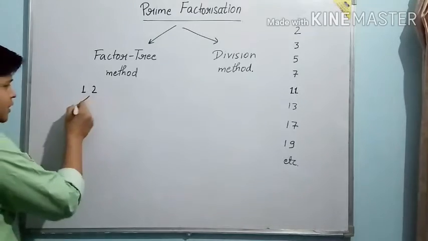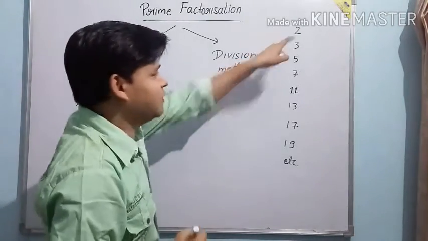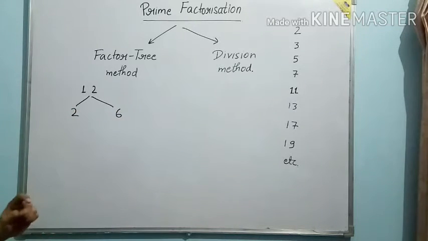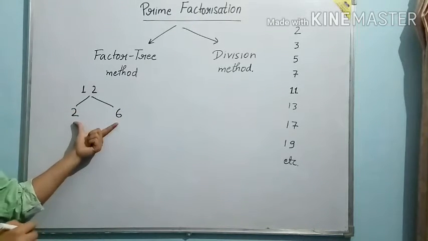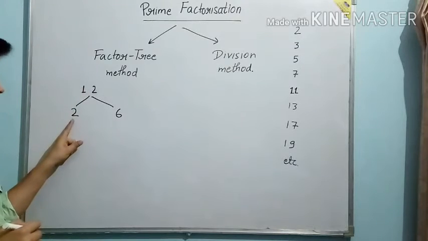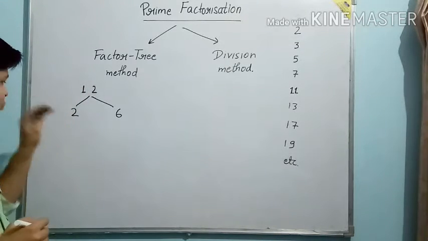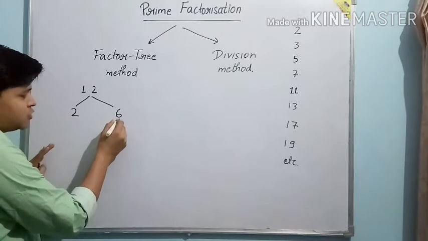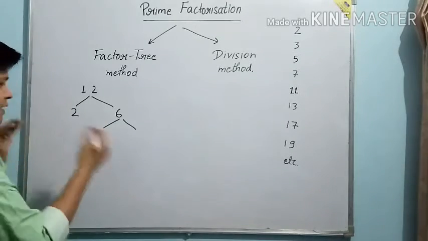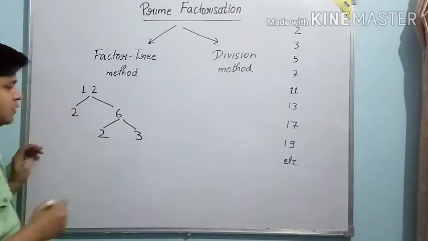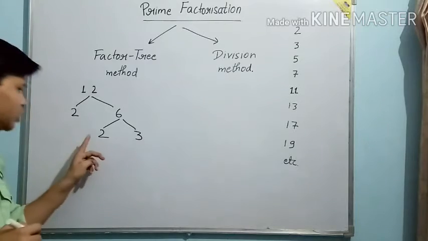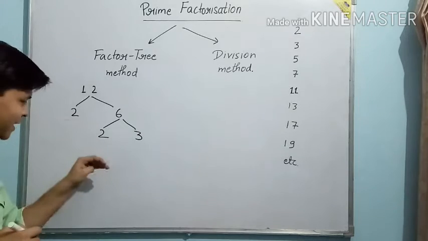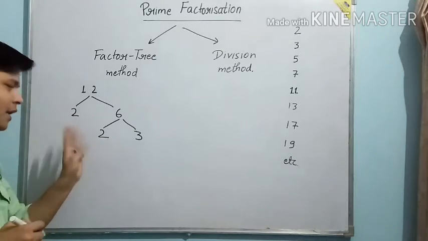So let's start with 2, which is the first prime number. So I am writing here 2 6 times. So as you all can see that in this pair of product of 12, this number is prime. So we have to write the prime number on the left side. Now let's take this another number which is composite. Okay. So once again you will write here 2 3 times. So 6 is also written in the pair of 2 and 3. 2 multiply 3 is 6. And once again the prime number we have written on the left side.